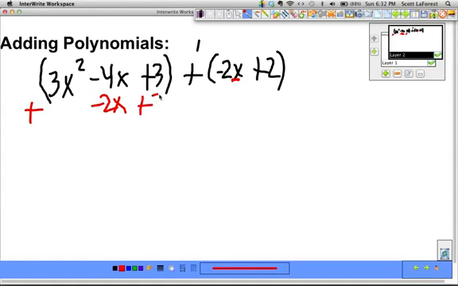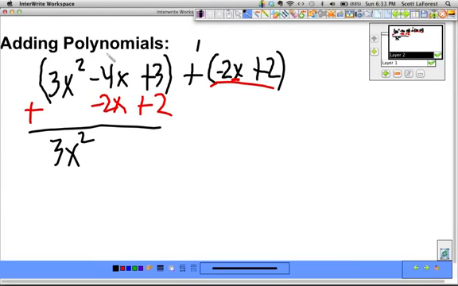So basically I'm just bringing this down, I'm bringing this one down just like it looks. So I just brought this right down below it, and now I can add these up pretty easily, just like any other problem. I have nothing to add with my 3x squareds, so that just drops down. Be careful here, keep your negatives